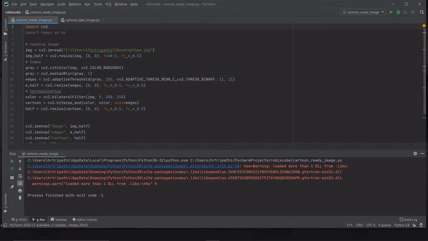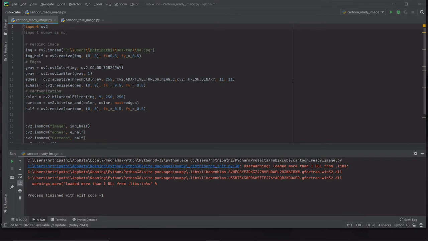Now this is my gray image. Next up, I'm going to be using the median blur, and the parameters are gray, 1. If you wish to read up on what these specific functions do, just check out the CV2 documentation. It's pretty good. I'm going to be using cv2.medianBlur, which just blurs the input that you pass into that function. Next up, the edges is cv2.adaptiveThreshold. I'm going to be basically thresholding it, passing my gray image as the input, and you use cv2.ADAPTIVE_THRESH_MEAN_C and THRESH_BINARY and 11, 11.